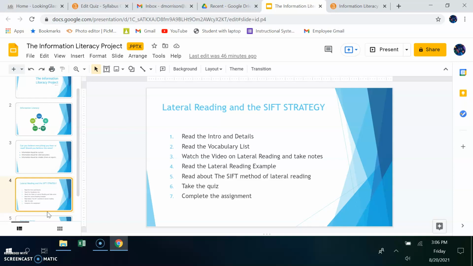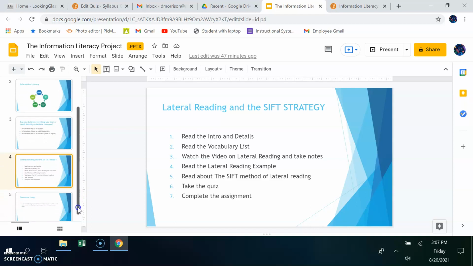Once you've come that far, you're ready to take the open book, open note quiz about lateral reading. And then comes what I think is the fun part. You'll complete the information literacy assignment. And we'll take a look at that in just a second, but before we do,